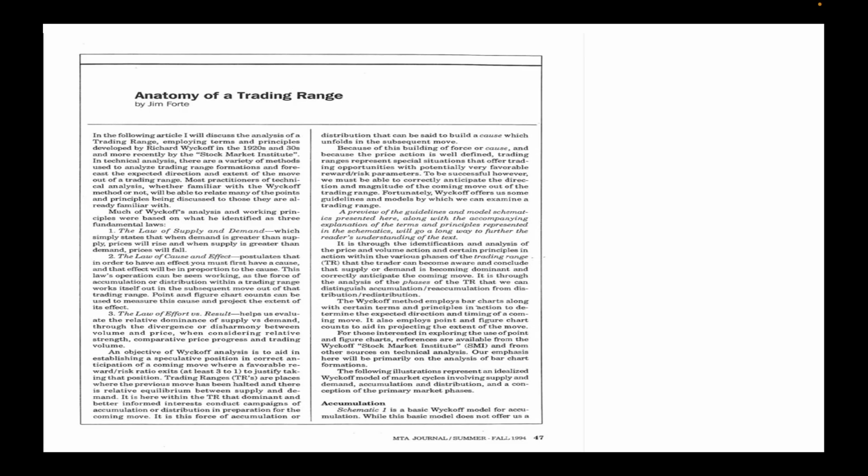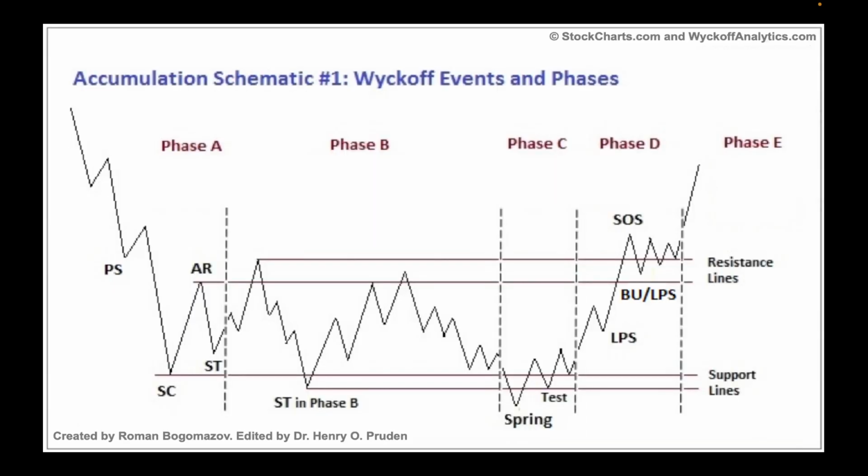Anyways, he explains the law of cause and effect, but it actually goes deeper into accumulation and distribution and schematics, and the things you would see in accumulation, like the phases and the events. This is a chart from StockCharts, by Roman, and he visualizes